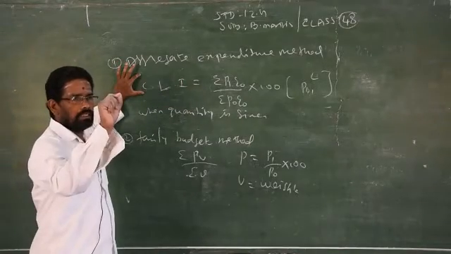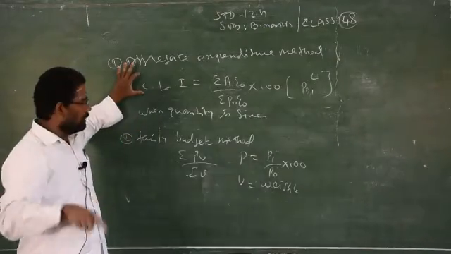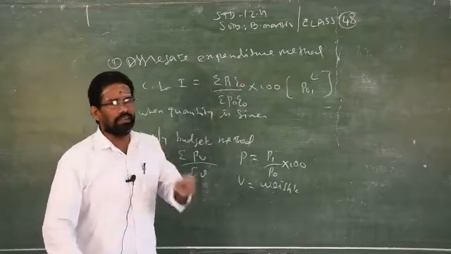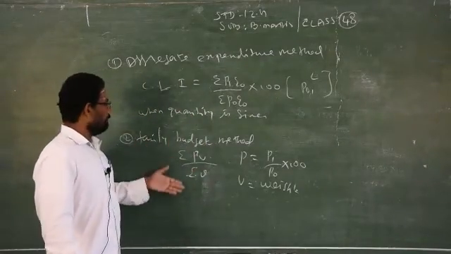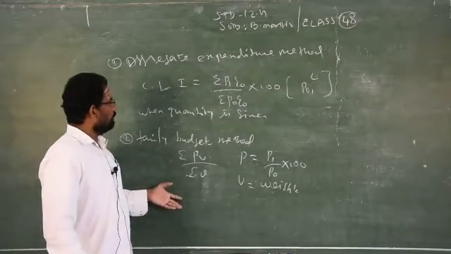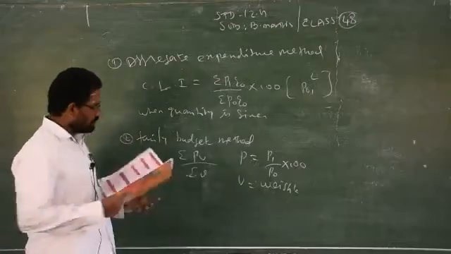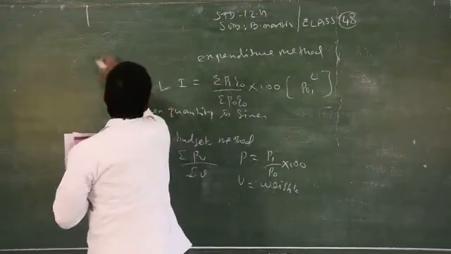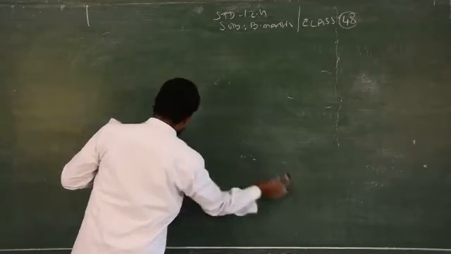When the method is mentioned, follow that method. When the method is not mentioned, you have to find out yourself by seeing the question whether weight is given or not. When the weight is given, you please take the family budget method. When the weight is not given, you have to take the aggregate expenditure method. Based on that, we will see two problems, only two problems. Then after that, we will see the next days in the next class.